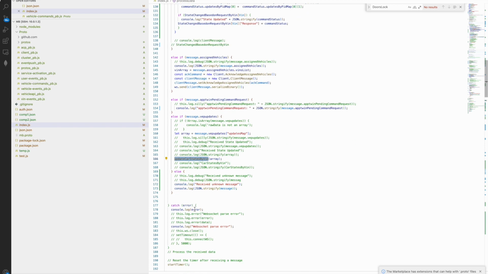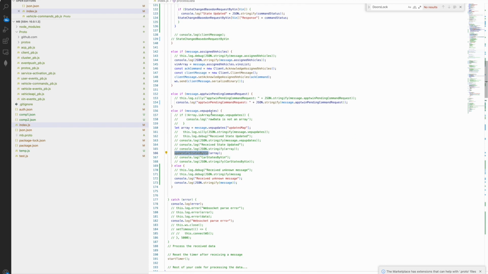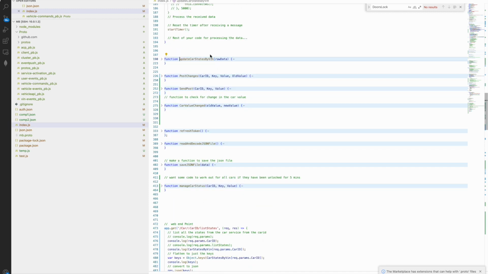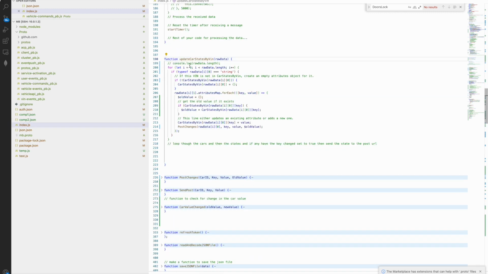Yeah, update car state by VIN. This is where we actually get a message from the car about the car state. We just take the car state, and as you can see here, the first object is a string and it's the VIN, and then the next object might be an array, it might not be, of the car data, but we just work with that